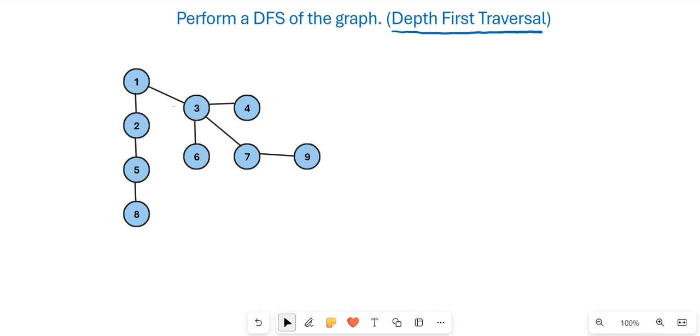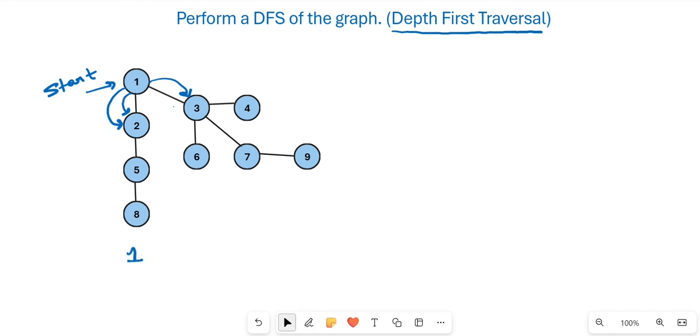So let's understand depth first traversal with an example. Suppose we have this graph. Let's see how DFS will work on this graph. Let's take 1 as the starting node. Here we can see that from 1 we can go either to 2 or 3. As I already mentioned, in DFS first we traverse in the depth of one direction, then we move to the next neighboring nodes. So here first let's move to 2 from 1 and let's write the sequence of the traversing nodes. So let's write 1